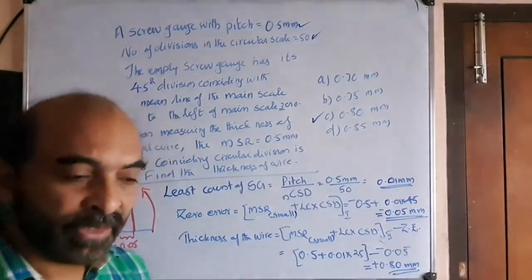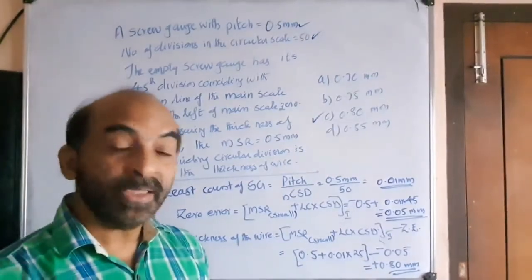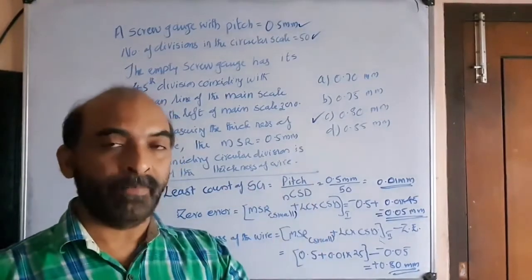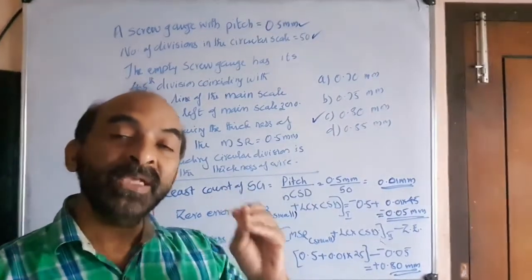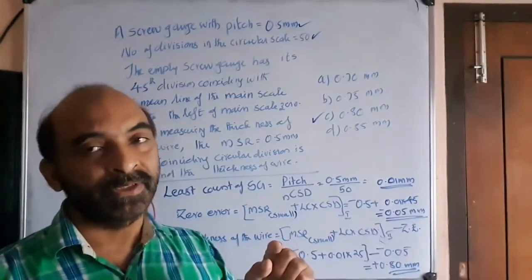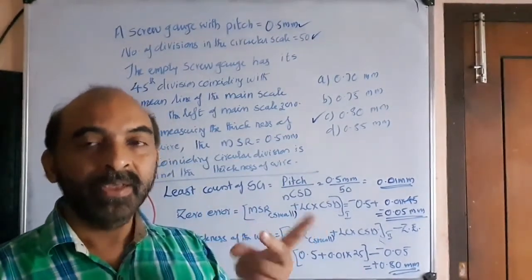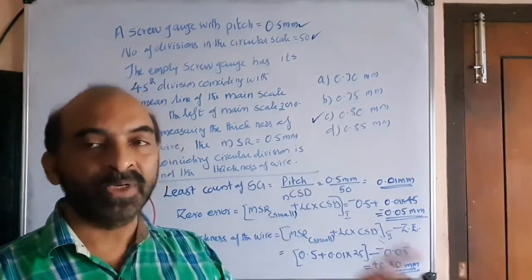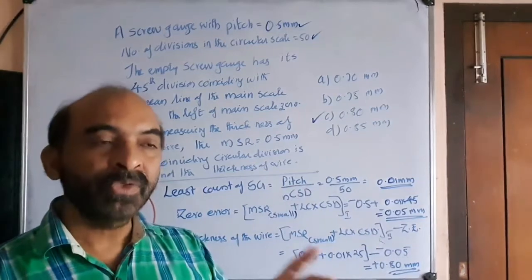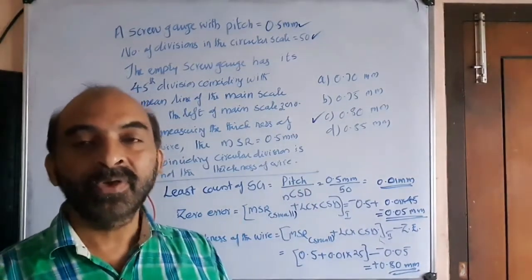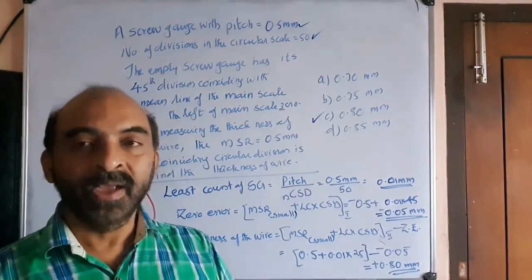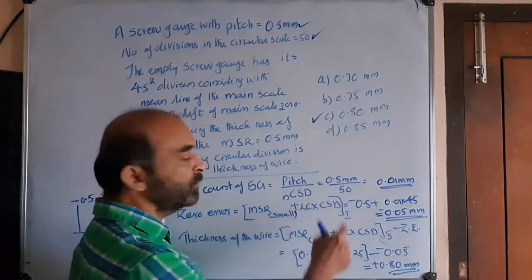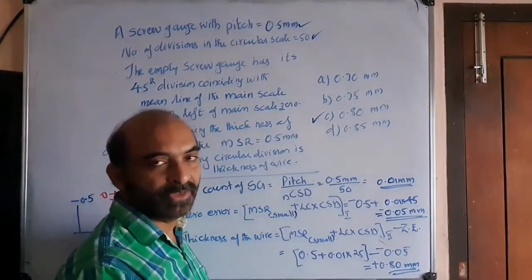Coming to screw gauge, you have to remember here the circular scale, which is equivalent to the vernier scale in the vernier calipers, is always smaller than the main scale division. There is no two ways. What I mean is, main scale division is greater than circular scale division always. So there is only normal screw gauge, no retrograde screw gauge. And so we always use MSR small plus least count into circular scale division. That's why the equation came like that.